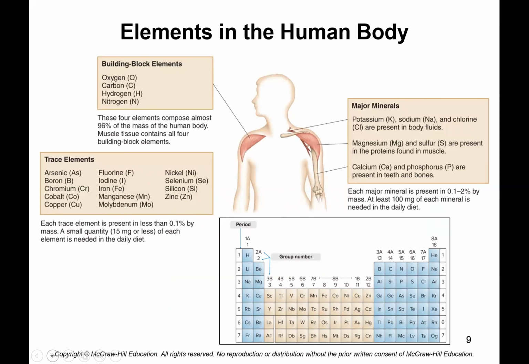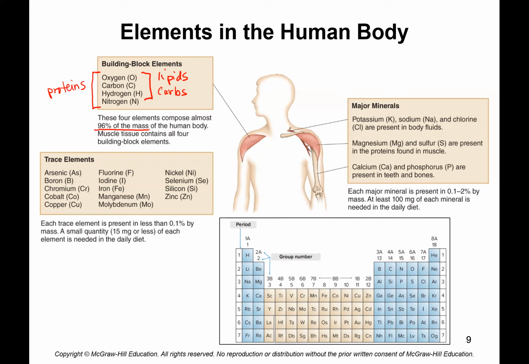All right, so now let's look at what kind of elements we're going to encounter mostly in this course. Carbon, oxygen, and hydrogen are going to be present in your lipids, which means your fats, and in carbs, or carbohydrates, which are your sugars. Then all of those plus nitrogen are going to be present in proteins. And so these 4 are 96% of the mass of the human